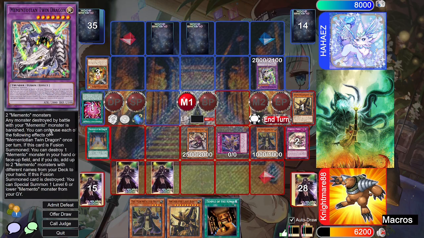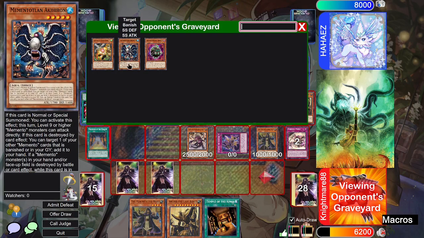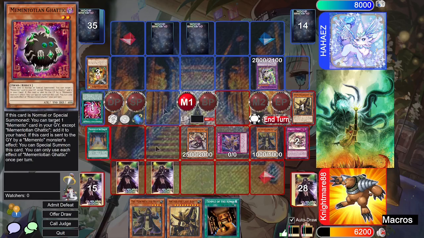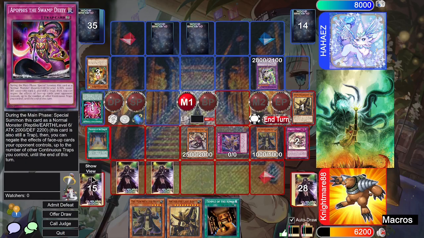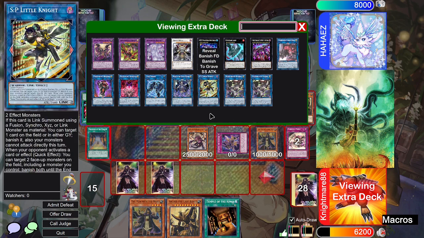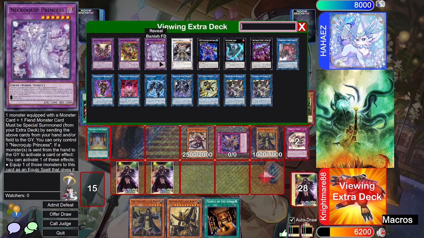If this card's fusion summon card is destroyed, you can special summon a level 6 or lower Memento monster from your graveyard. If it's normal special, you can target a Memento in your graveyard. Tutor it. If this card is normal special summon, you can activate this effect. Just turn level 9 or higher. Mementos can attack directly. So they will summon Gaddock in order to rebuy Akihiran if we do pop. So I think in that case, what we want to do is we want to go for...